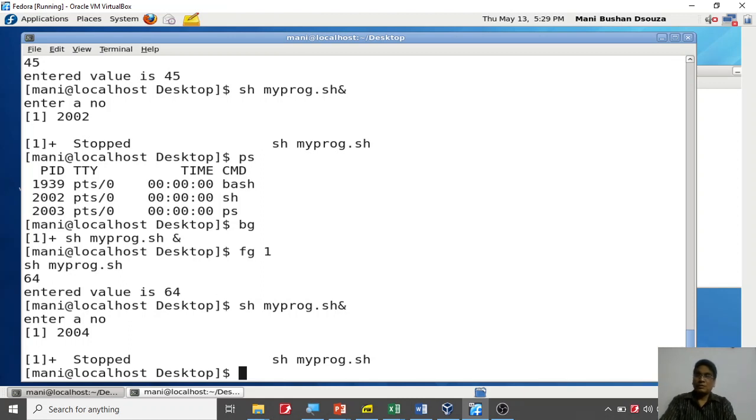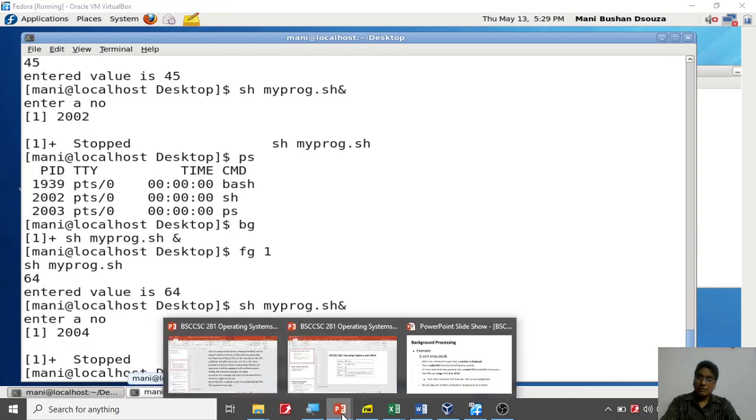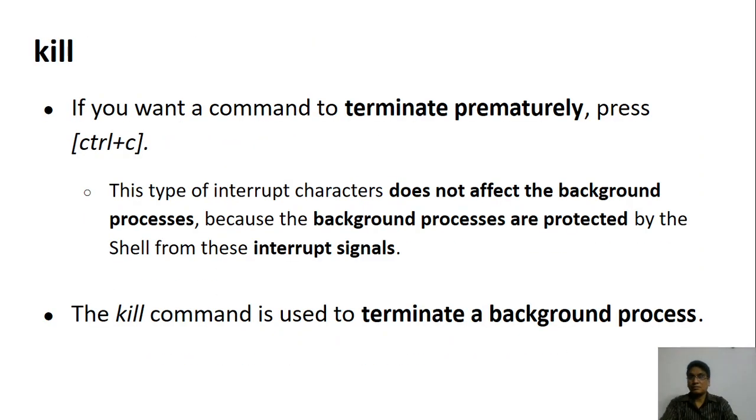Now whenever you run a command, if you press Ctrl C, that particular program will exit. So that's a general thing. Ctrl C means you want to just terminate it. When you are typing a command and you find that okay, that command is not required, press Ctrl C. That's it. That command will terminate. This is actually an interrupt signal that is sent to the program, asking the program to stop the execution, because the user doesn't want that program to execute.